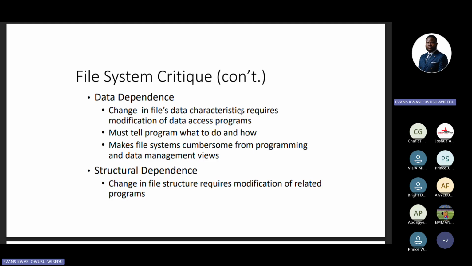So if you are going into database systems, you have to know these things. The companies that run this type of system, it will shock you that some companies are still running this file system instead of the DBMS. It will surprise you. And when you are a programmer and you see yourself there, you have to run for your life.